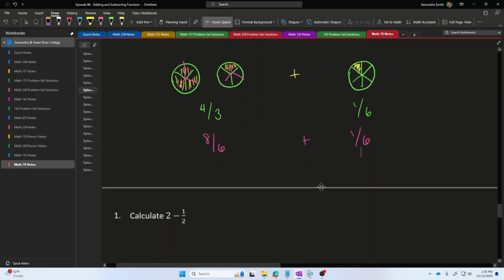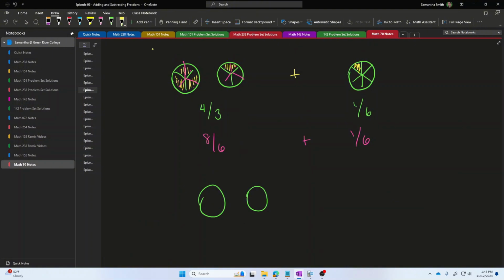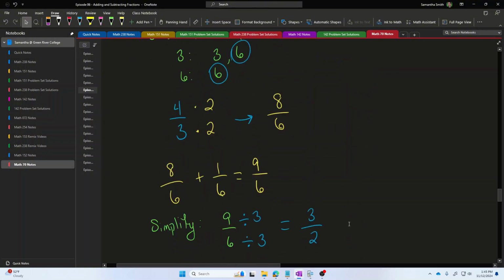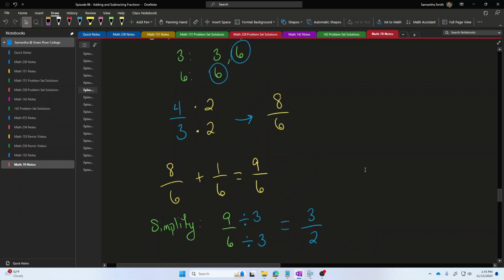In total, if I put those pizzas together and put this little slice in and combine it with this pizza here, then I would have one full pizza from this guy on the left. And then this last slice would fill in this blank, giving me 1/2 of a pizza here. So in total, 1 and 1/2, or if you prefer to think about it as 1, 2, 3 halves, would be the same result that we got using the calculations and the process that we gave above.